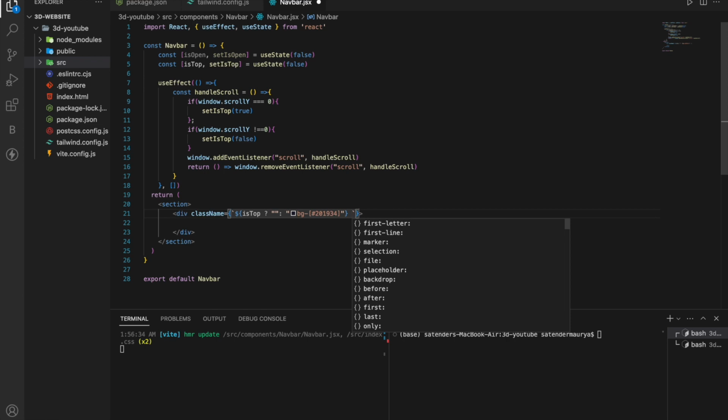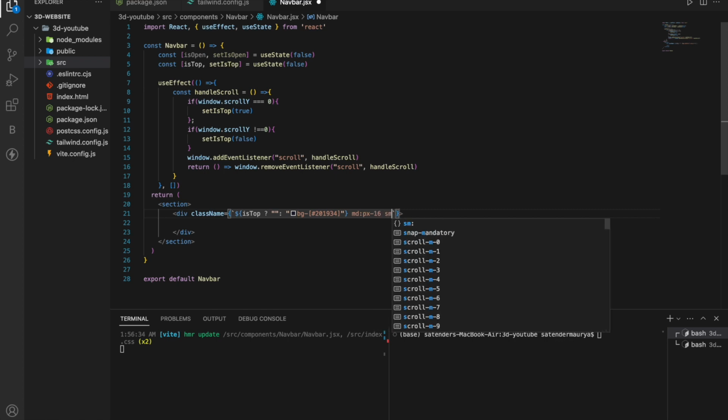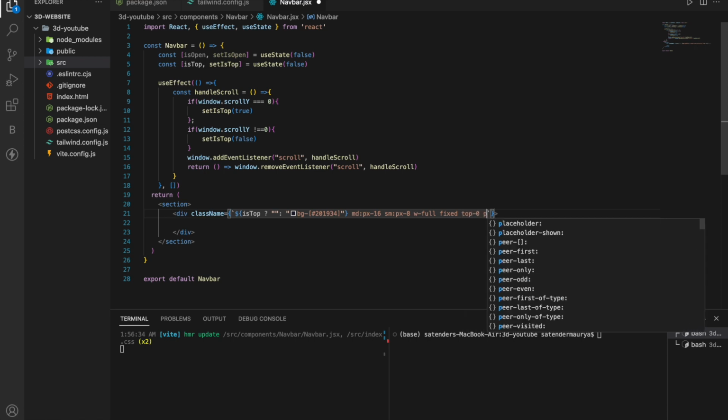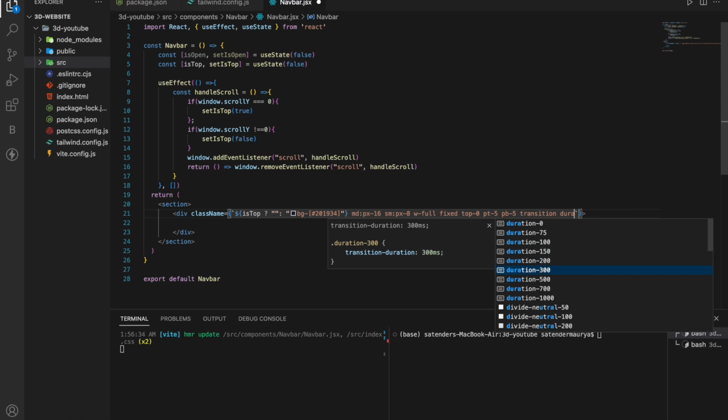Similarly, we'll have a md:px-16, and then we'll have sm:px-8. Width will be full, it will be fixed, navbar will be fixed, and then top-0, padding top 5, and padding bottom 5, and then we'll have a transition of duration of 300 milliseconds,